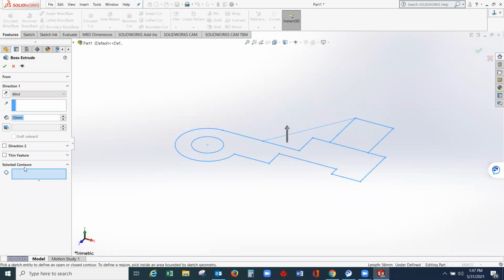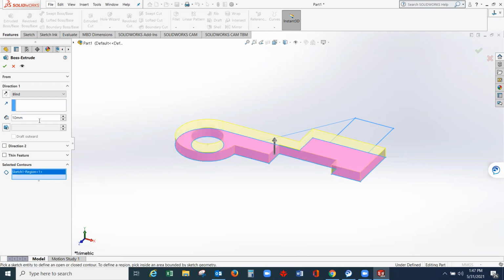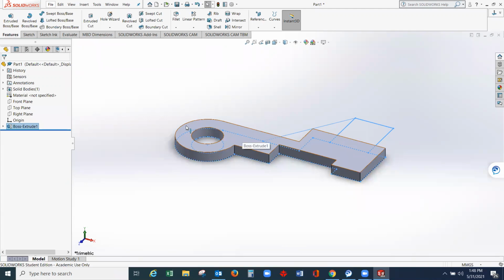Here on the last part, you have the selected contours. So you need to select a plane or contour. By highlighting this one, just select this to select the contours, then select the inside part of your drawing. So select this part. As you can see, it is highlighted with a different color. So all this region will be extruded at a certain thickness. So you can assign, let's say 10 millimeters. So 10 millimeters extruded. Select this green check mark. And you have your 3D part created.